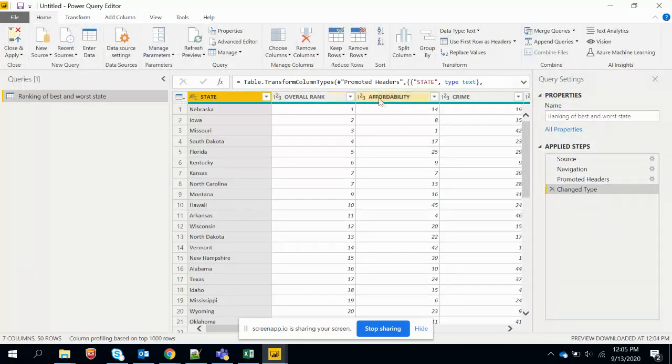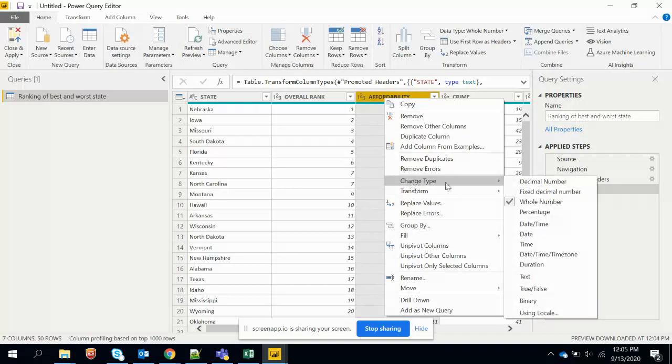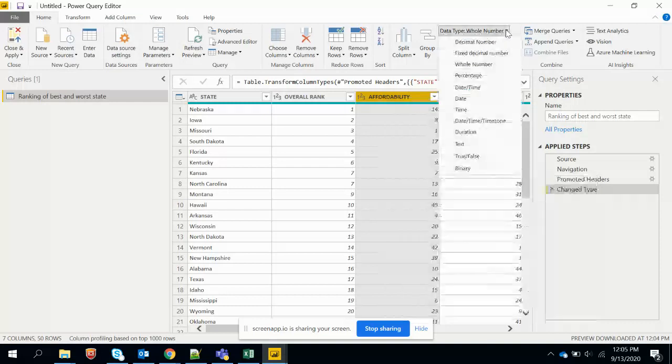Say if I want to change the data type of my columns, I can select that column, and whatever transformations are available in this ribbon are also available when you right click on that column. So there are multiple ways of doing the same step. If I want to change the data type, either I can go to this change type and select the required format, or else I can go here and select the required one. Both will do the same operation.